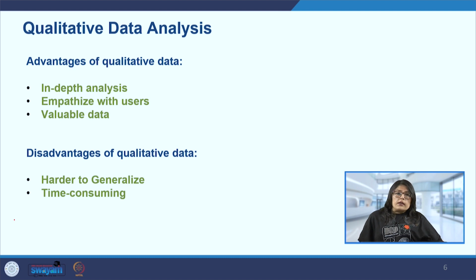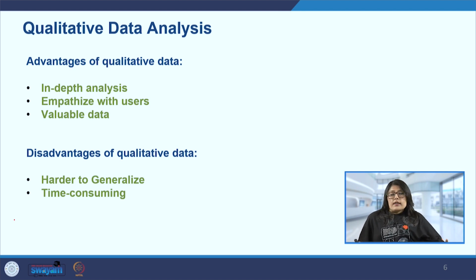Because when we are conducting interviews or even focus group interviews, we are sitting with the participant face to face, and depending on whether it is an open ended interview, the discussion will be more like a conversation. And because the researcher will try to understand the problem they are facing, for example, they will try to understand this from many different angles.